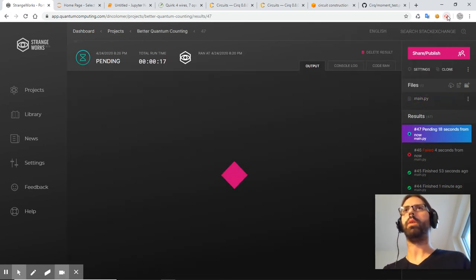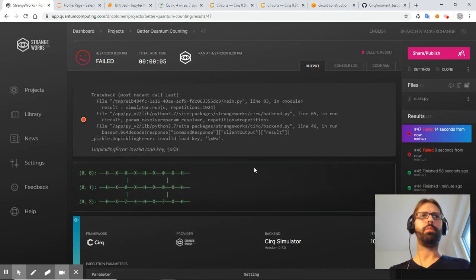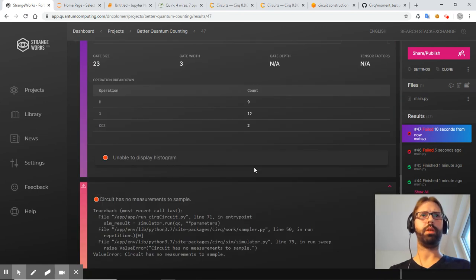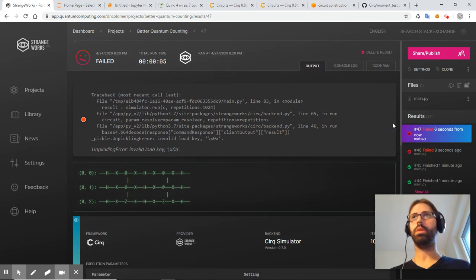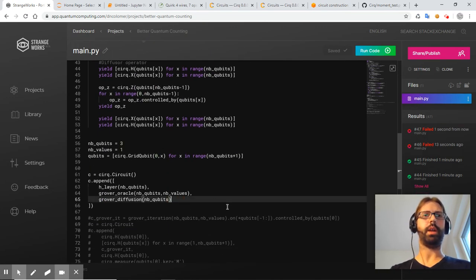Right in time, I think right below an hour, so it's perfect. Output. So something's broken in here. What is broken? Circuit has no measurements. Yes, circuit has no measurements. That's true. So we're going to add a